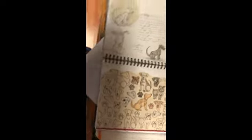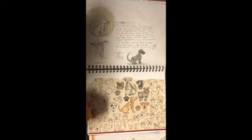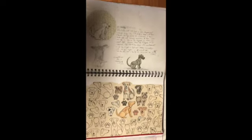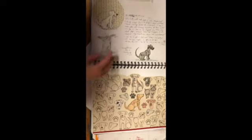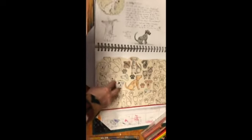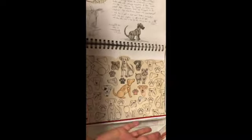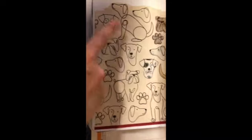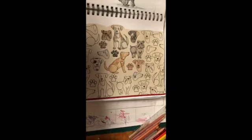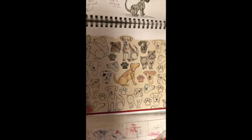APG Jamie sent me a card lottery. I won the card lottery that she does. I love it when I win it. Thanks again, APG. And in it there was this really cool napkin, and so I colored some of the dogs, but the napkin looks like that. When it started out, it looked like that, but I colored some of them, and